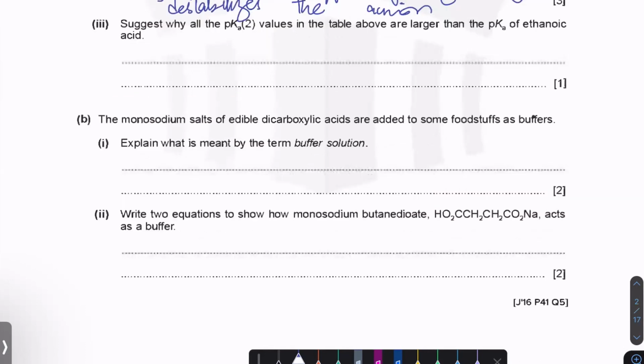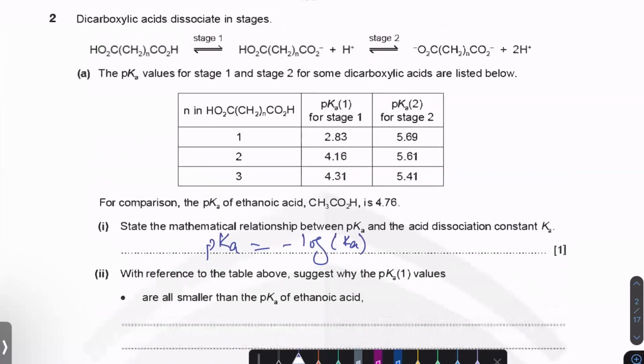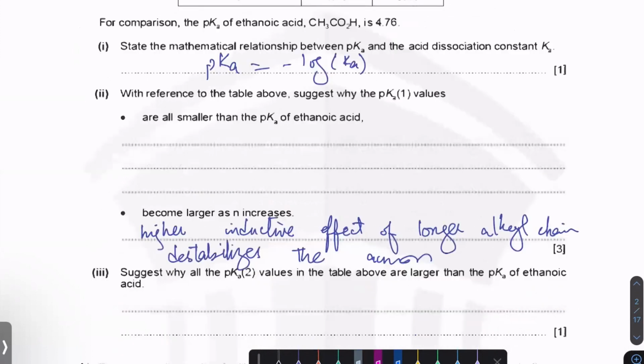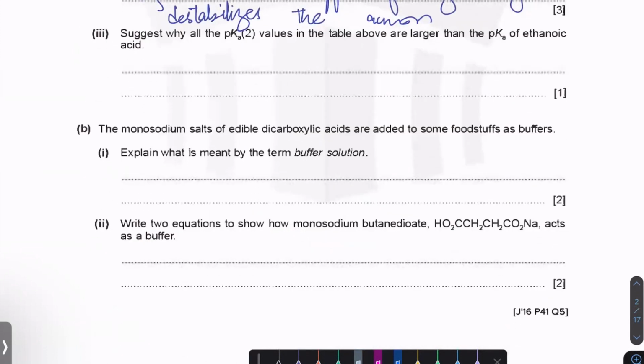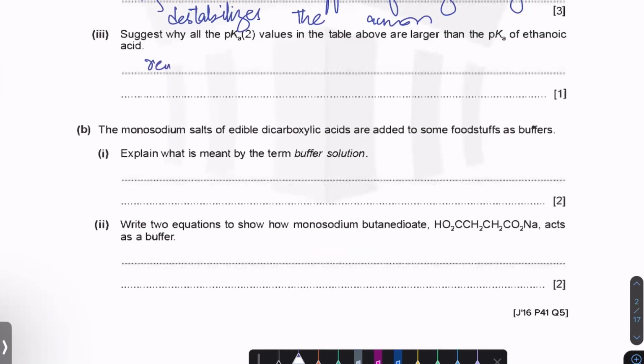मुझे एक बात बताएं, सिंपल सी बात है. आपके पास एक anion है, आप उसमें से H positive निकाल सकते हो. Is it easy to do that? You have a negative charge and you want to drive it away from a positive charge. Is that easy? Is that something that is electrostatically good? No. No, it's not. So the simplest answer to this question would be that removing H positive from